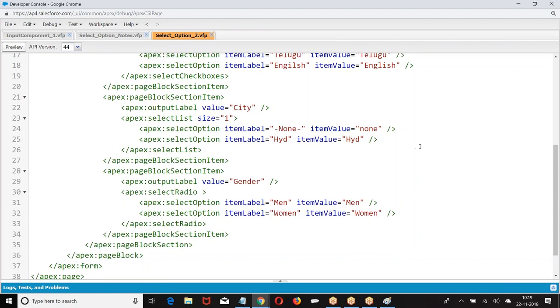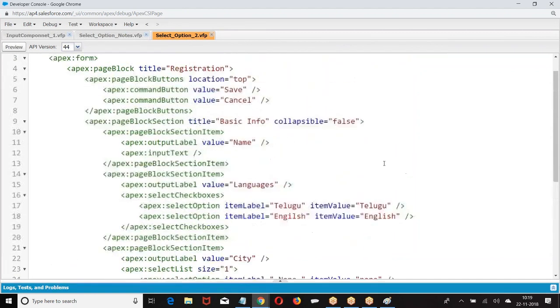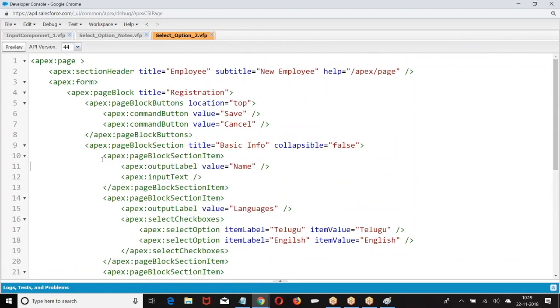And in a single page block section, we can have only one element in one column. Apex page block section item is opened here and closed here; it's called one element.